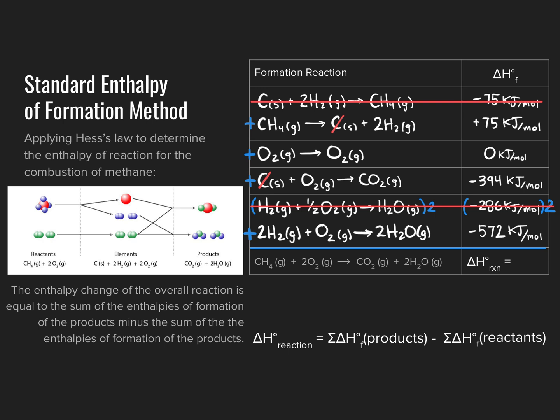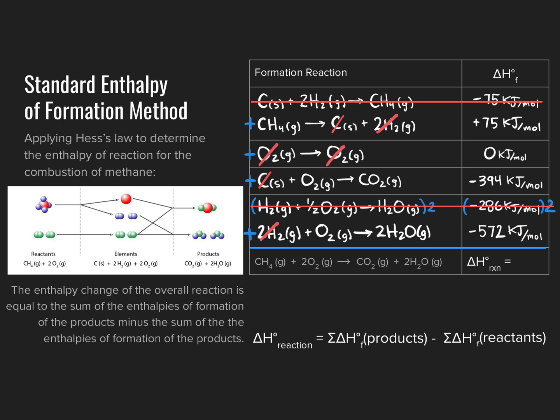I also note here that 2 moles of hydrogen gas are produced on the product side in the decomposition of methane reaction. And then again, 2 moles of hydrogen gas are consumed in my fourth formation reaction describing the formation of water. So I can now go ahead and cancel out those 2 moles of H2 off both sides as well. And clearly also I can cancel out 1 mole of oxygen gas off of both sides from the formation reaction